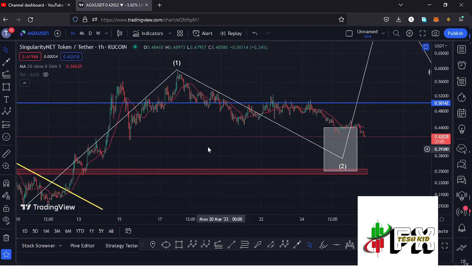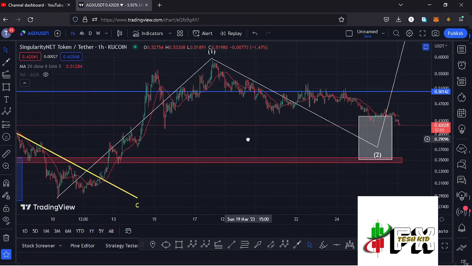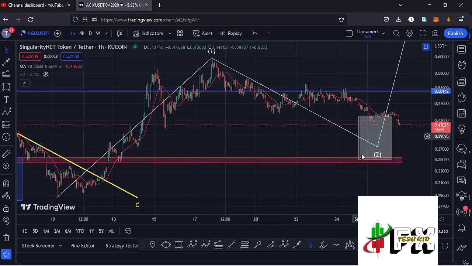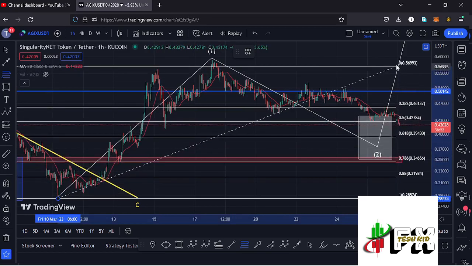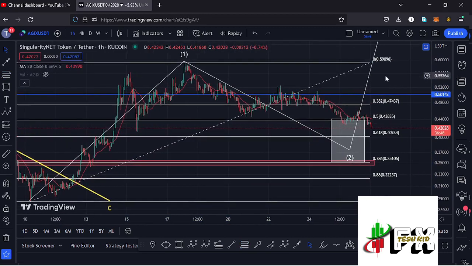And having seen the high for that first wave to the upper side, whatever we expected next was a corrective structure to the lower side in the formation of this wave 2. Using the Fibonaccis, connecting them from the low of the first wave to the high of that wave 1, that now gave me a minimum retracement area in the formation of that wave 2 between the fib level 0.5 and the fib level 0.78, which is a target area that lies between the